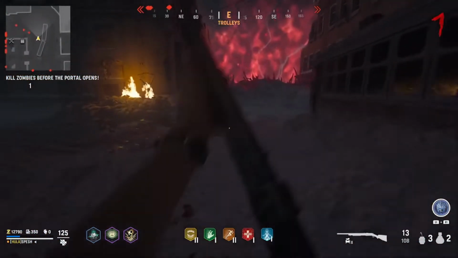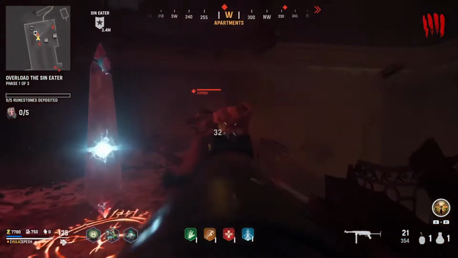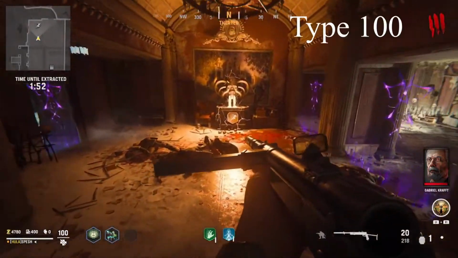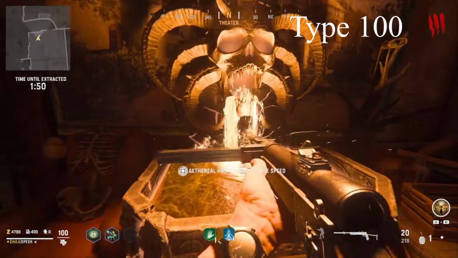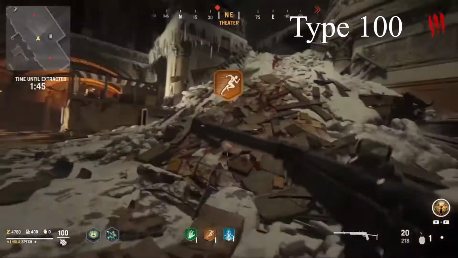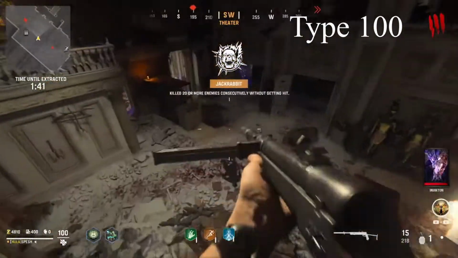Moving on now to the SMGs, and I was stuck on this one between the MP40 and the Type 100. I think in the end, I'm actually going to give it to the Type 100. The MP40 is super good in multiplayer, but I think the Type 100 just felt like it handled better. I think that you're probably a little bit faster with the MP40 than you are the Type 100, but the